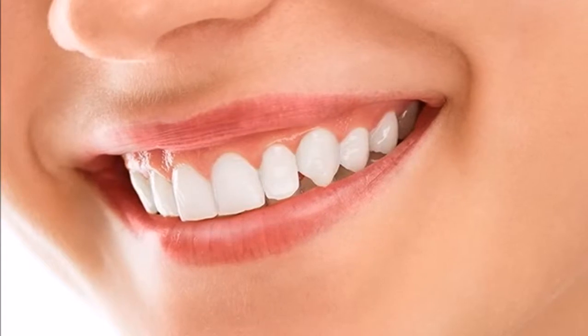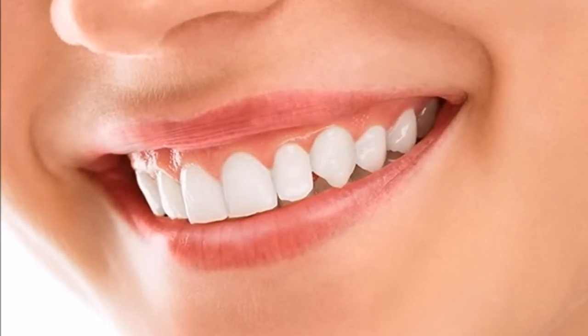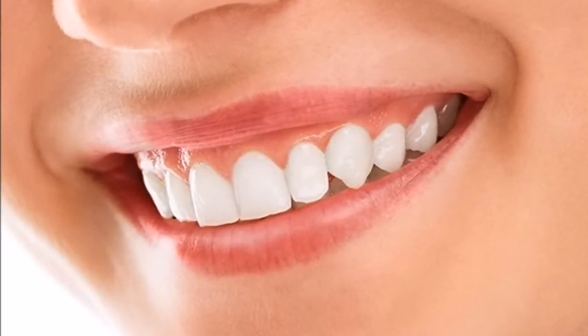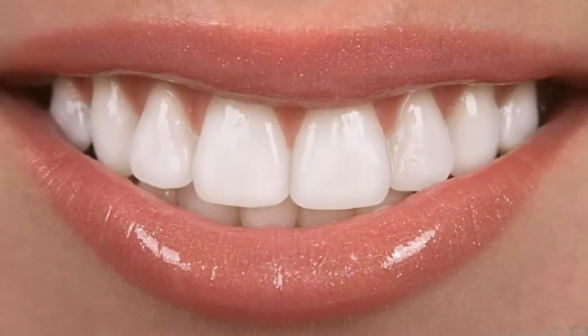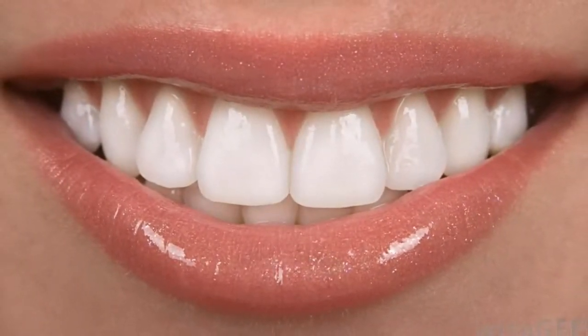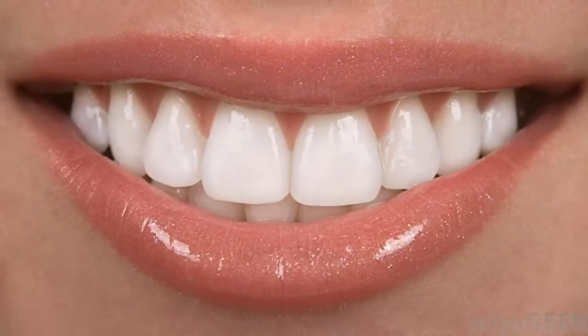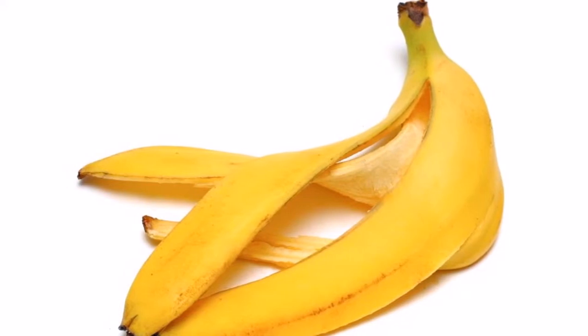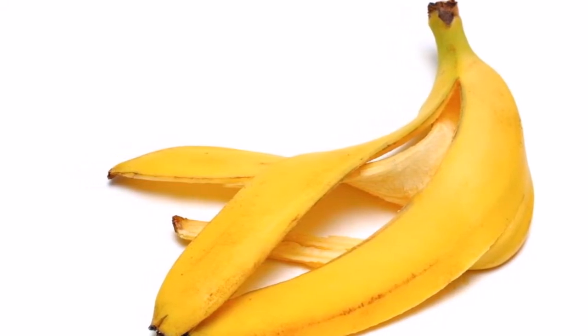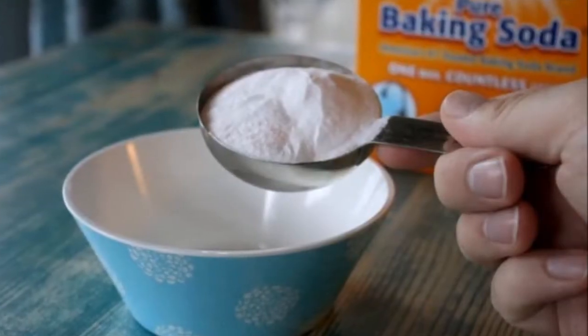2. There is a popular remedy for whitening yellow teeth, which is to brush with baking soda. However, this remedy, if used very often, can damage the enamel of the teeth, something that does not happen with the banana peel. 3. Another home remedy for teeth whitening, which by the way, actress Catherine Zeta-Jones has said that she